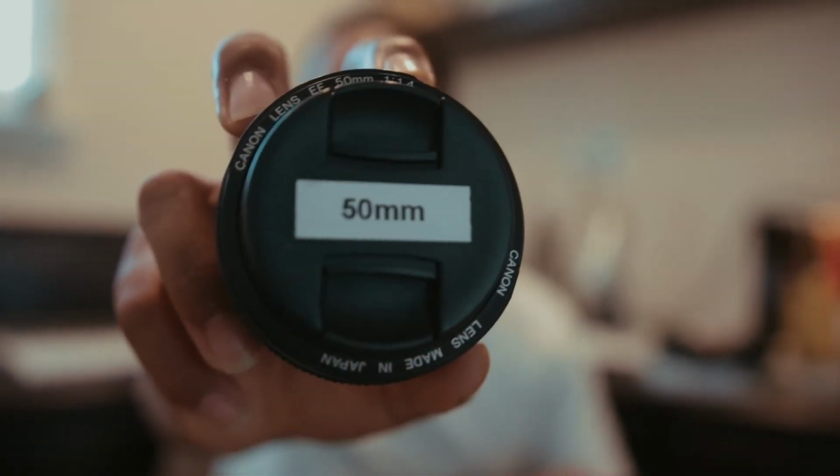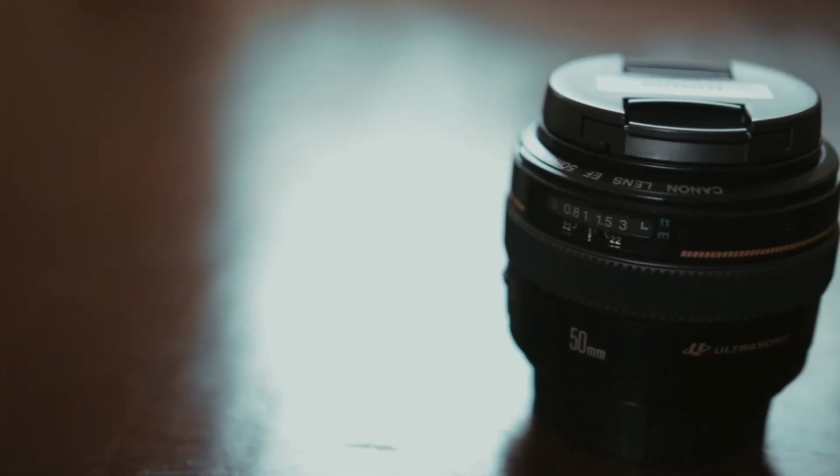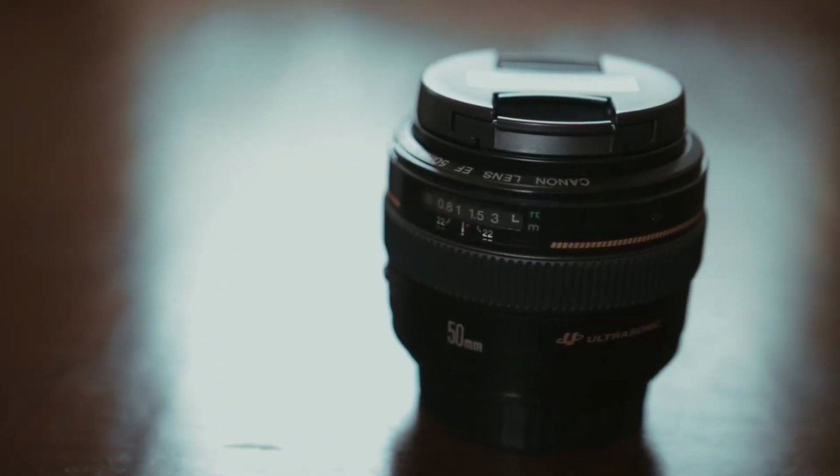So the next thing that I have in this camera bag of mine, this right here, is the 50mm from Canon, 1.4. It's an amazing piece of glass. Listen to me when I tell you this. If someone tells me they want to get into photography, I say, yeah, get a Canon Rebel series camera and you'll be good, but also pair it with the glass. If you can get some good glass,